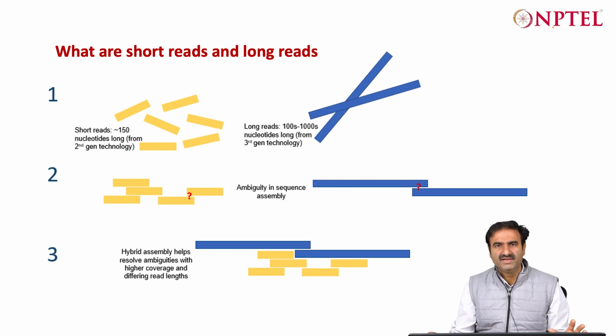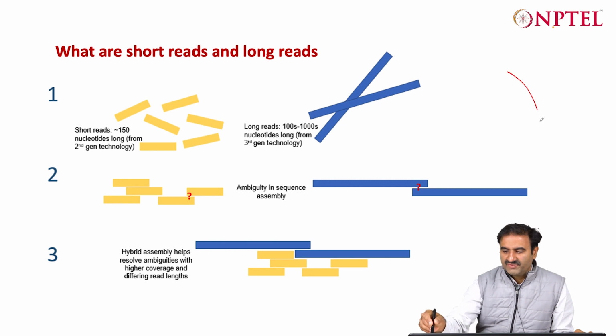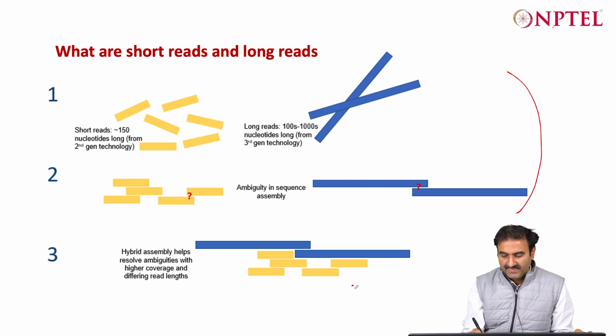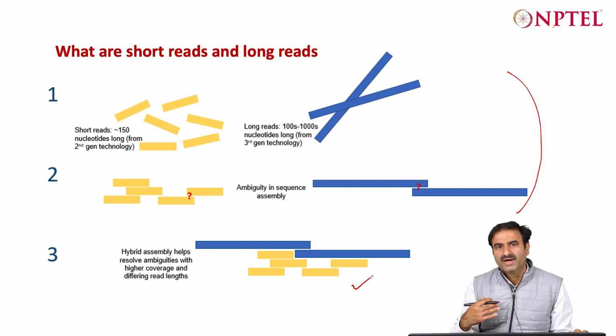These can produce an average length of 10 kb, which is huge, and can go up to several hundred kb in length, which helps in the assembly. A combination of short and long reads helps in the hybrid assembly approach, which is important for achieving higher contiguity as well as